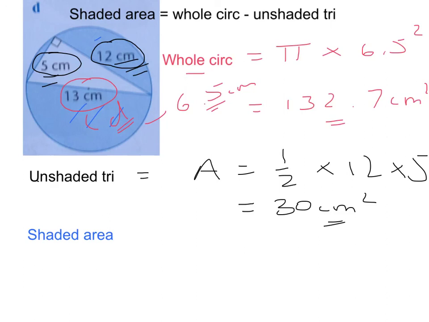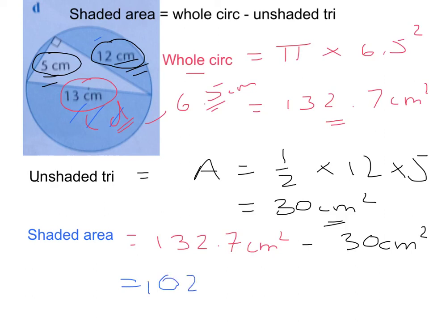So now we're going to get the shaded area. Remember, shaded area would be the whole circle, 132.7 square centimeters. We remove the unshaded triangle, which would be 30. And that will get you the shaded area. If we take away 30 from 132.7, we end up having 102.7 square centimeters. So this will be the actual result for the